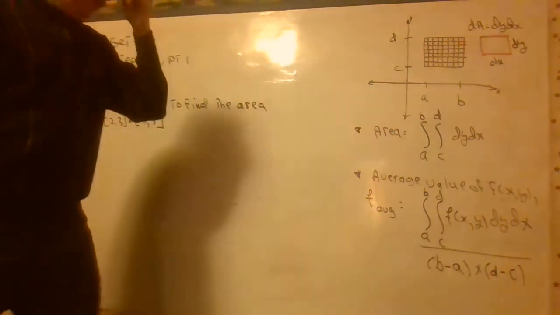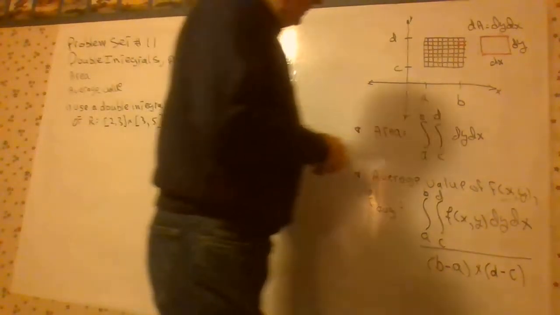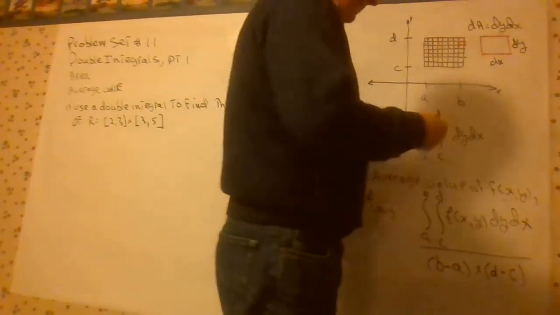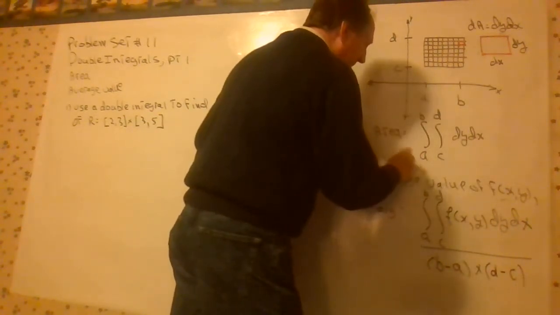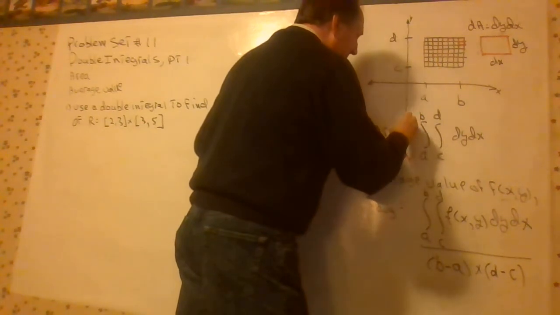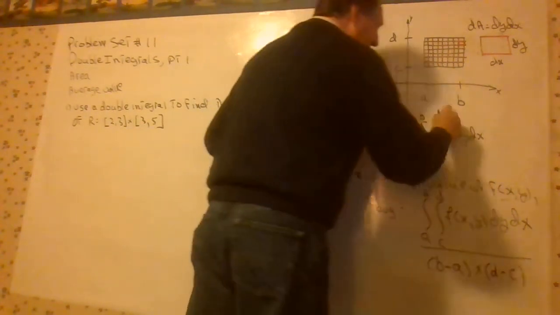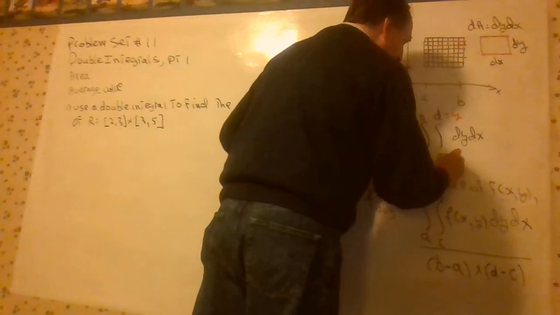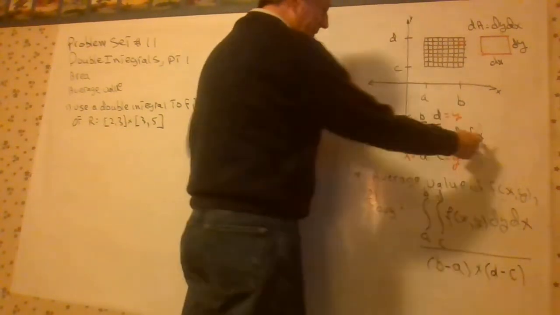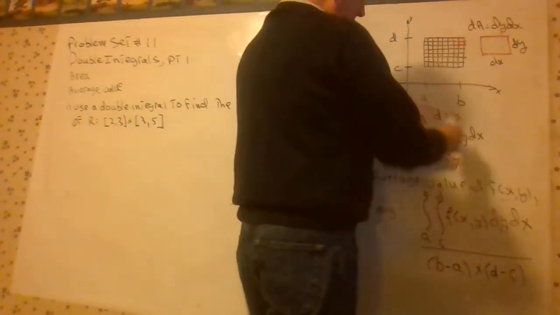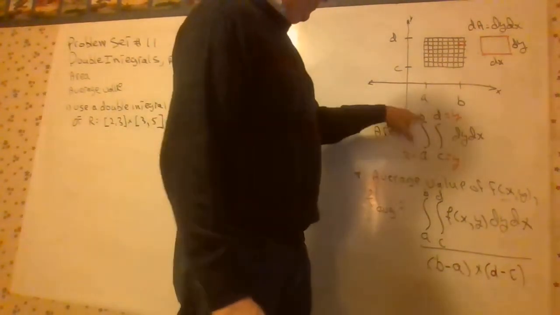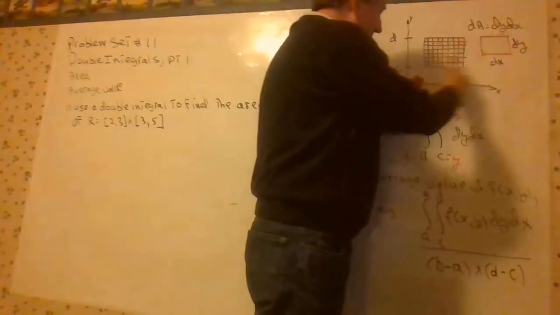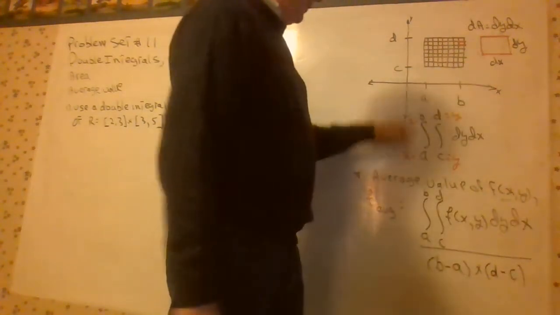We can use a double integral. In this case, we have, these are really x coordinates on the outside. And then in here, inside, we have y coordinates. You can kind of match these up, dx on the outside, dy on the inside. This just says x goes from A to B, so we're summing along this horizontal axis, and for each x,